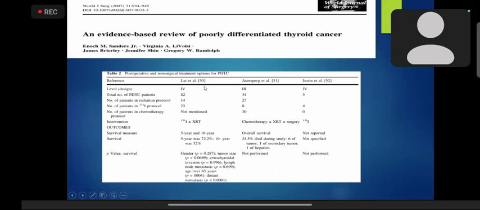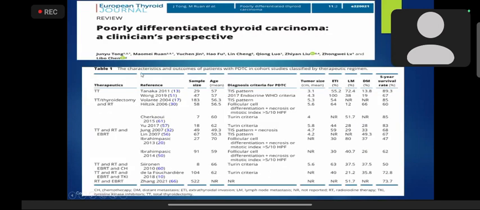In this they compared 3 studies, in which they found that 5-year survival is 72% and 10-year survival was 52%, in which they used iodine 131 with or without RT. And this is Tong et al. Tong et al. have done a review in which they compared